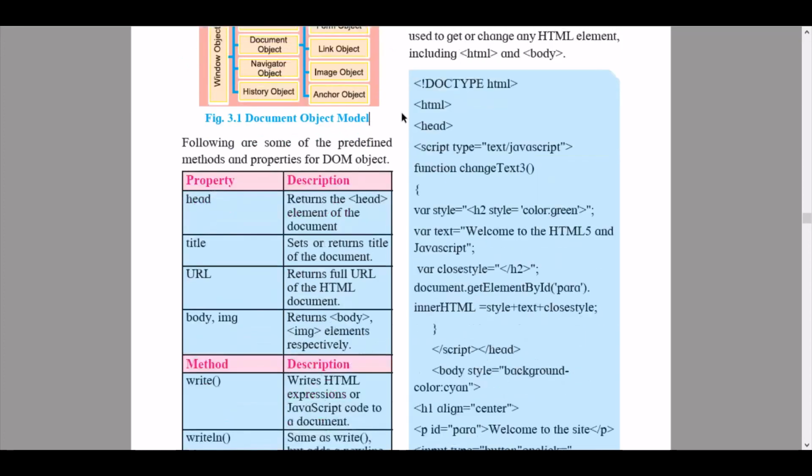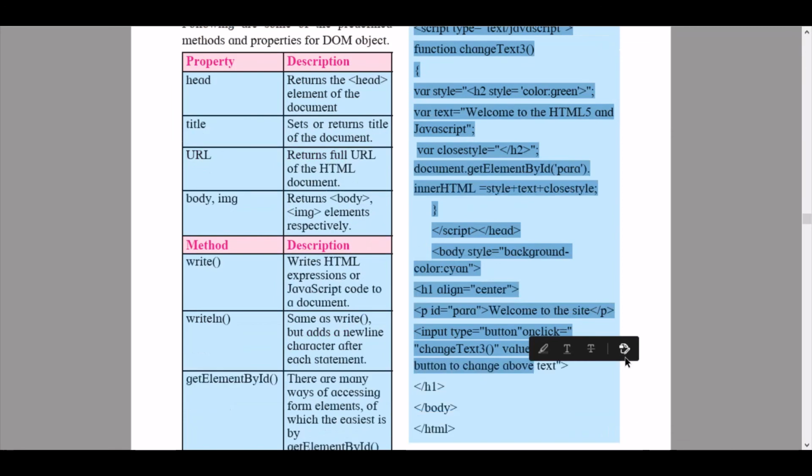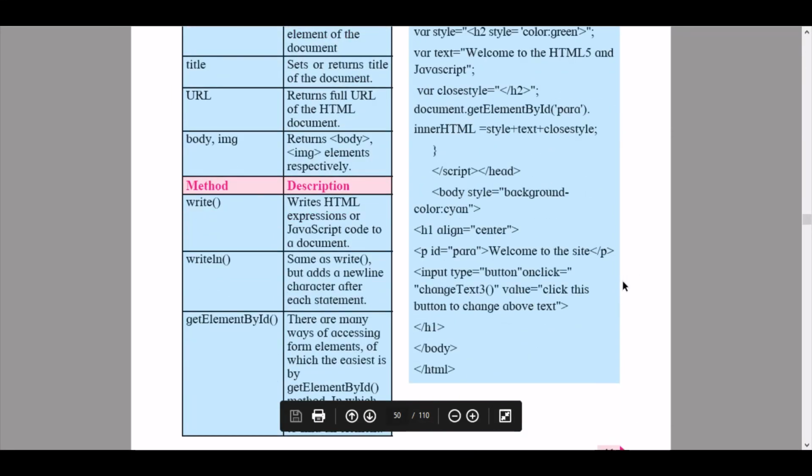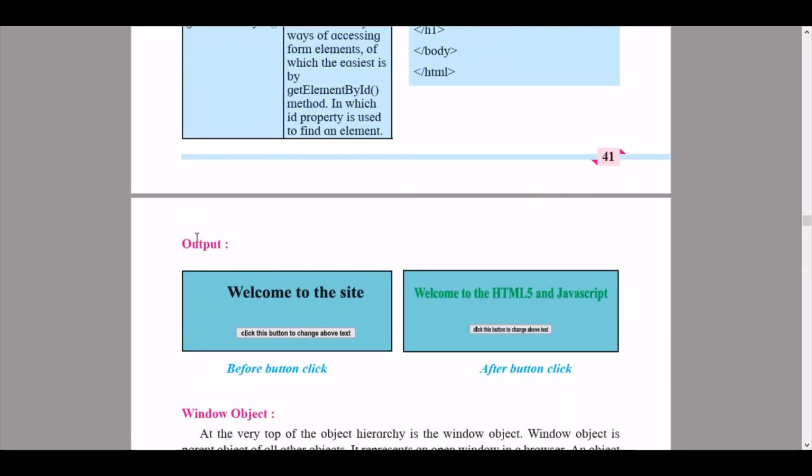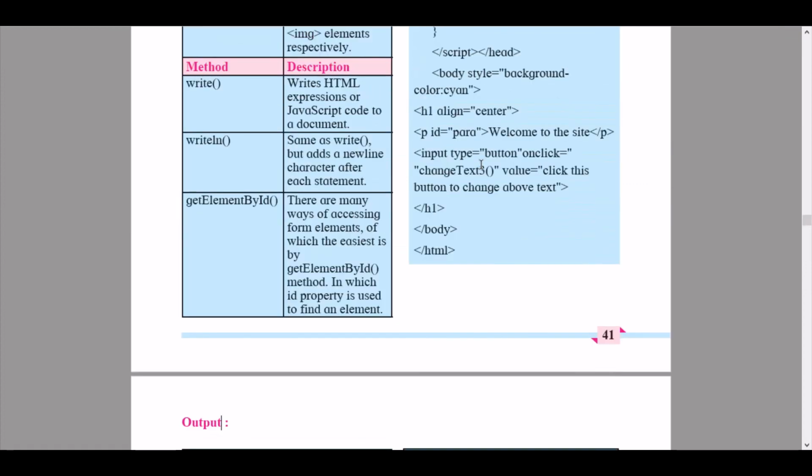Here an example has been given. Please try this out on your notepad, or you could use different software such as NetBeans. But remember, if you are downloading NetBeans, you will require a JDK, a Java Development Kit, and you could use Microsoft Web Expression 4, the latest one, so that you can get the split output and you can design it without writing the code. And if you want to practice properly, use the old way, use the notepad. And here the output has been given for the code given above.